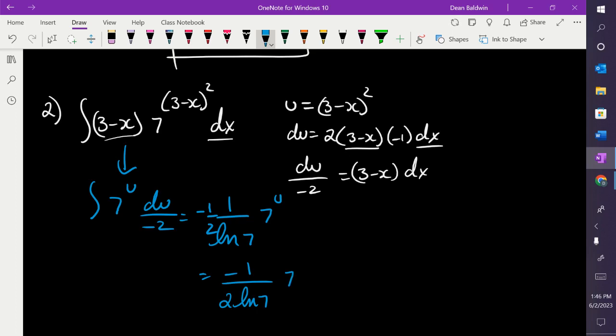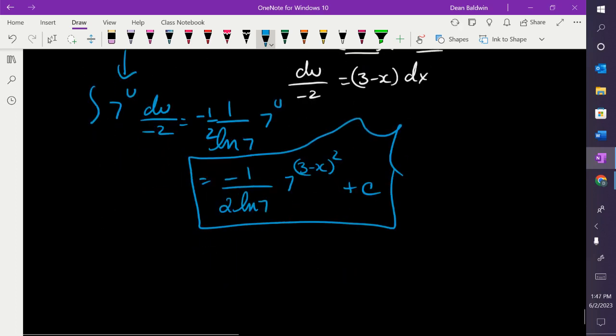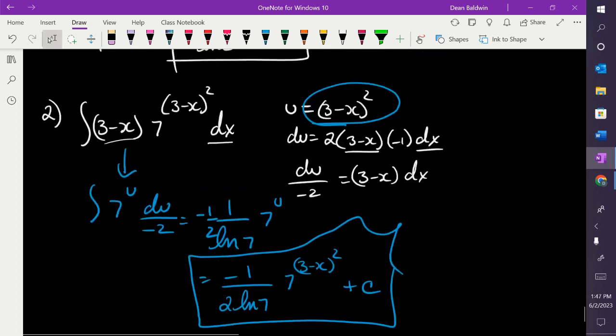What's our u? 3 minus x all squared. Tack on a plus c, and you are done. Can you explain this after you put like 7